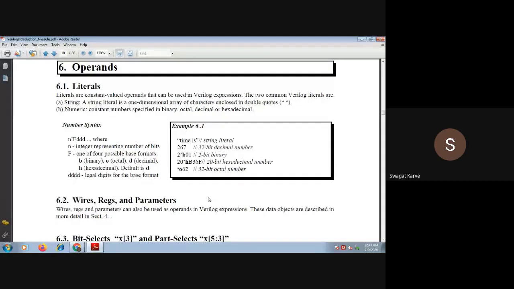Can anyone tell me, what do you mean by operands? A variable on which operation is performed. Very right, very right. The user defined variables on which that operation has to be performed,